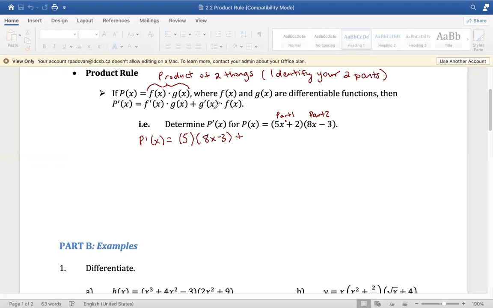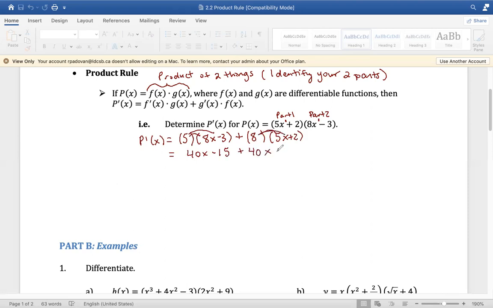The derivative of the second part. So again, there's an exponent of 1 there. 1 times 8 is 8. X to the power of 0 minus 0. X to the power of 0 is 1, so that's just 8 multiplied by, copy out f of x, copy out the first part, 5x plus 2. And then I can go farther and distribute in and multiply everything here by 5 and everything here by 8. So I would have 5 times 8 is 40x, 5 times negative 3 is minus 15, plus 8 times 5, 40x,